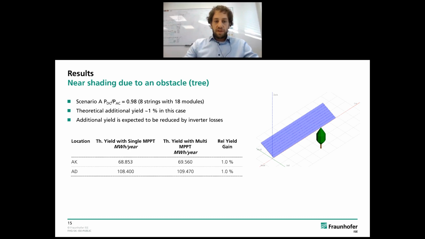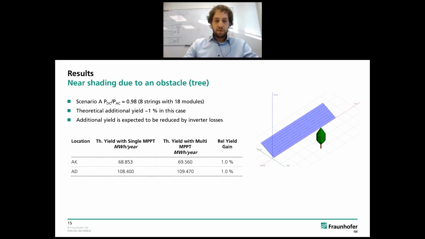What you see here is that no matter if you are in Arkona, which is a location here in Germany, or Abu Dhabi, which is a more sunny place, the relative yield gain with multi-MPPT is also in that theoretical example only at 1% per year. From our point of view, of course, this 1% is only referred to the maximum theoretical yield gain at the DC